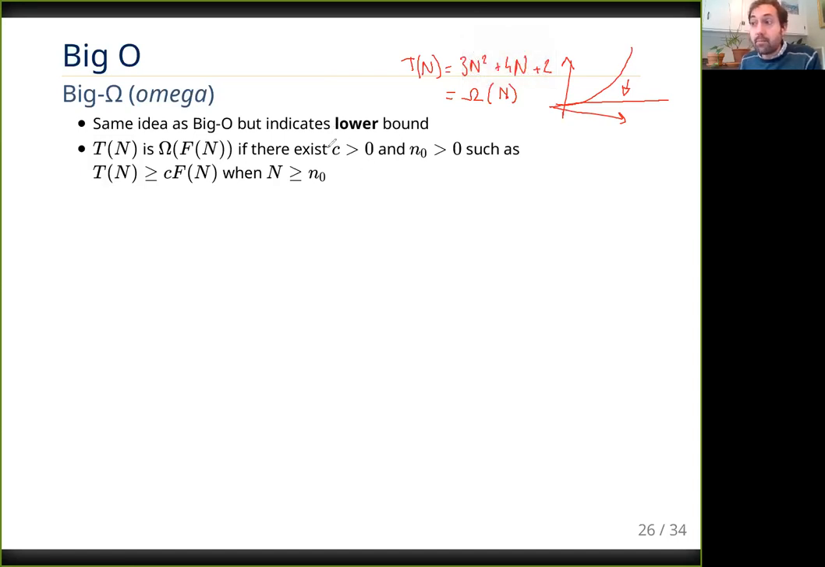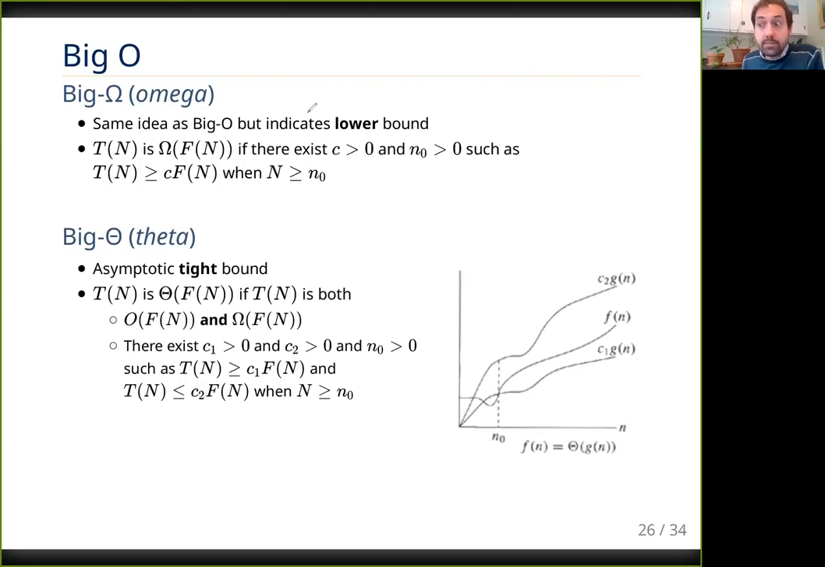And the idea is the same. It also means that if T of n is omega of f of n, it's the same reasoning: finding a constant C for a certain value of n, such that T of n is always greater than this f of n. And so finally, we have a last tool, which is called big theta, which here is a tight